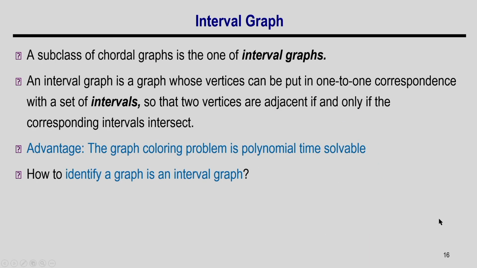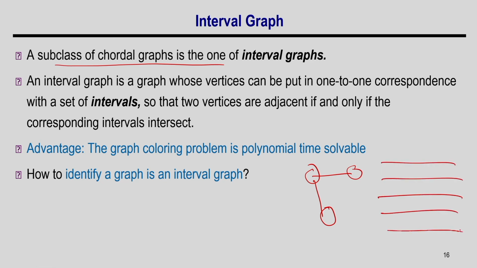And then I will define another class of graph which is called interval graph. Again, this is a subclass of chordal graph, and this particular graph is very interesting in our context. What does this graph say? I have a graph and I can map each node to some interval. Suppose I have this graph, and then I can define some intervals. So, these are the intervals. This is my node 1, 2 and 3. So, 1 has this interval, and